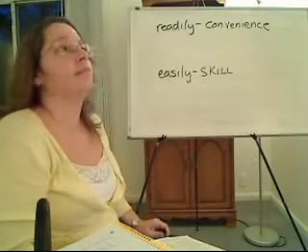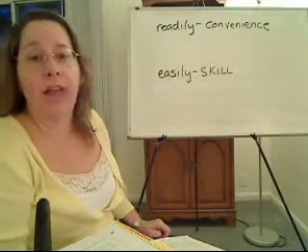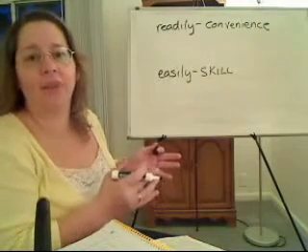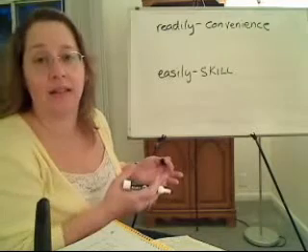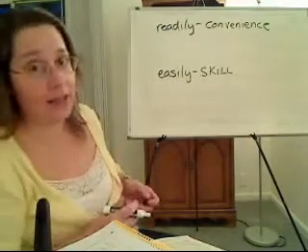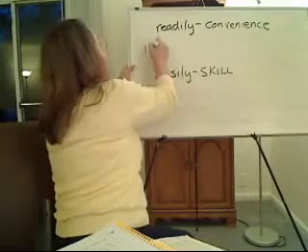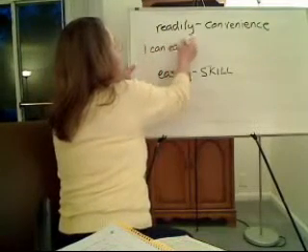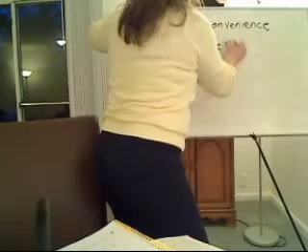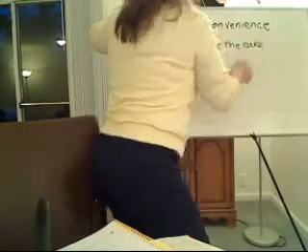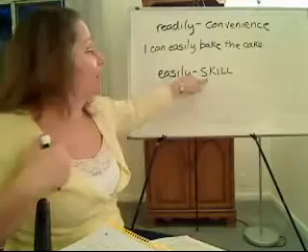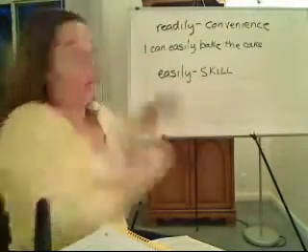For example, maybe I want to bake a cake which is hard to make, okay? Something that requires skill, okay? I might say, I can easily bake a cake. I can easily bake the cake because I know how. It is hard to do, but I can do it easily because I have skill. So I can easily bake the cake, but